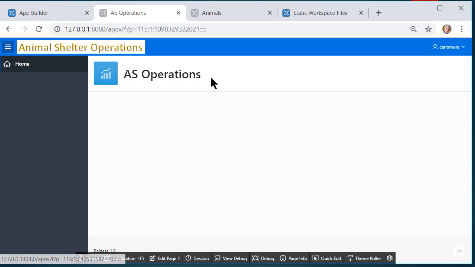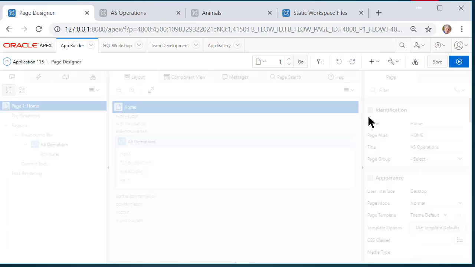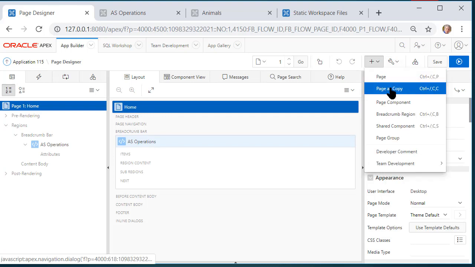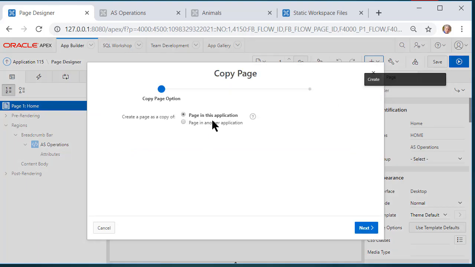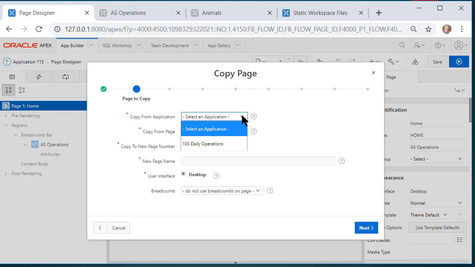Now I want to copy pages from the other application into this application. So I can go to any edit page, I don't have that many right now, and I can do a copy page, add page as copy. This will be from another application. I select that application, and for page numbering,